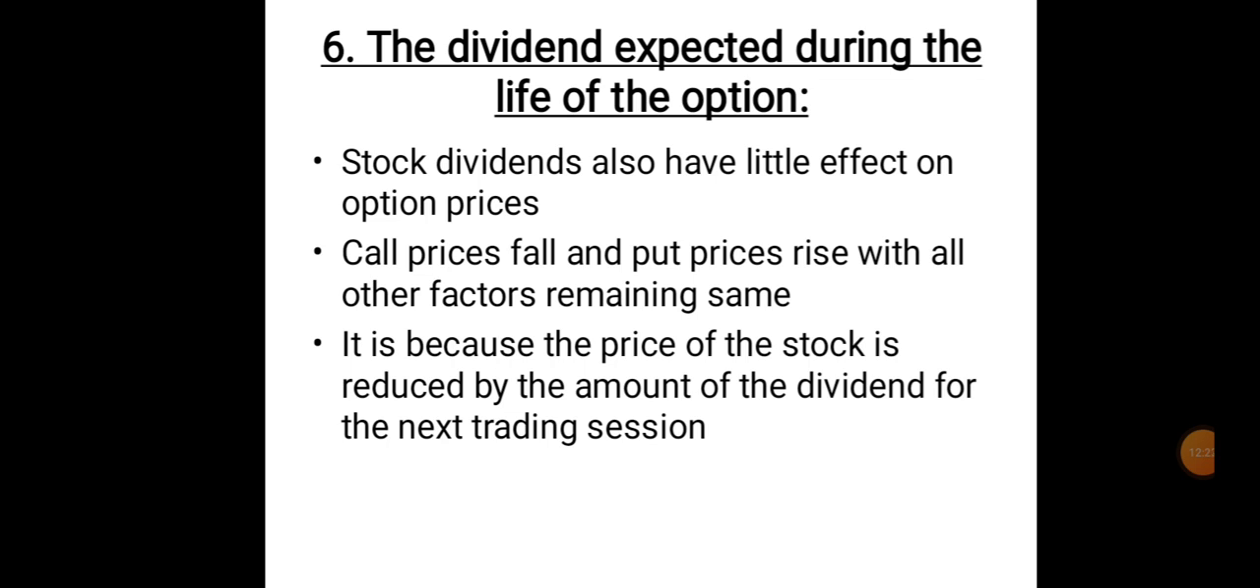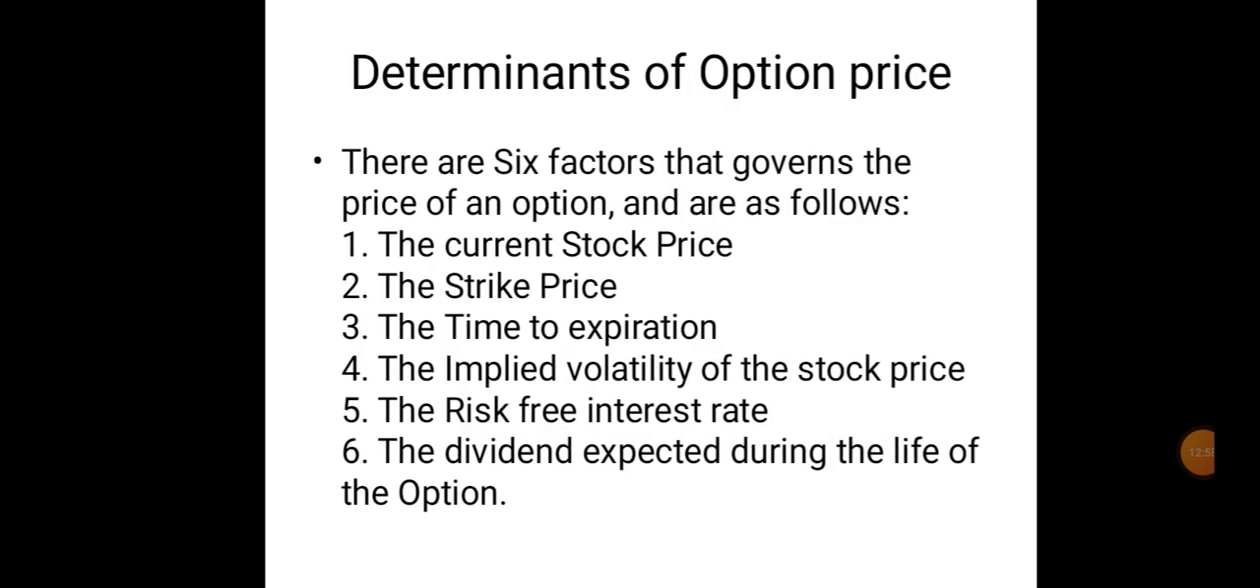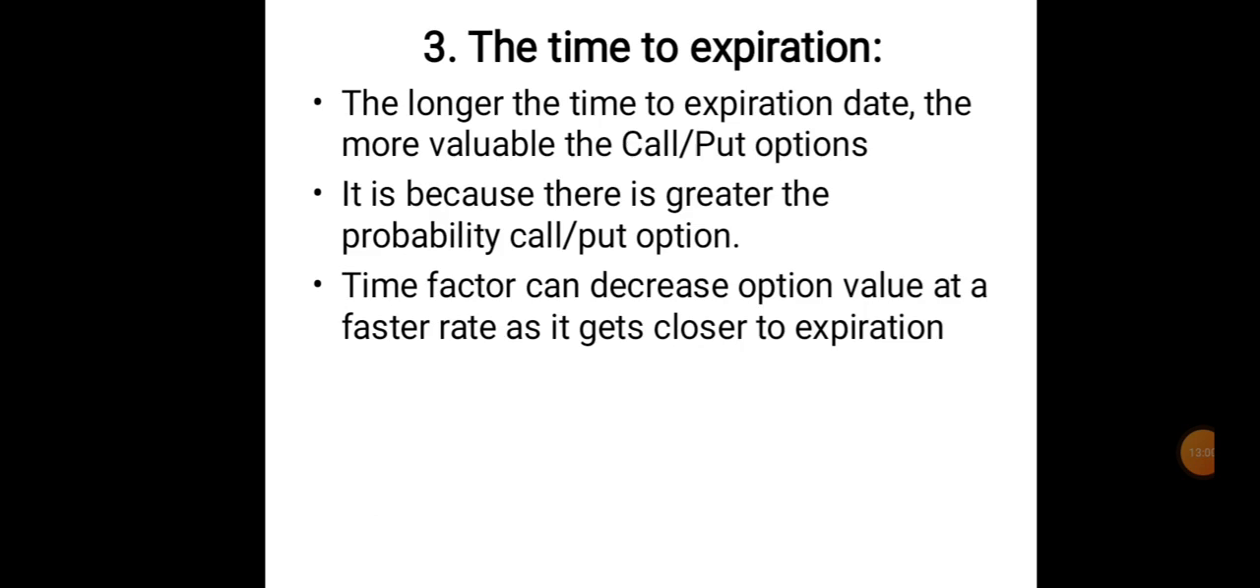Okay, and next is, it is because the price of the stock is reduced by the amount of dividend for the next trading session. Okay, so these are the 6 determinants of option price: current stock price, strike price, time to expiration,